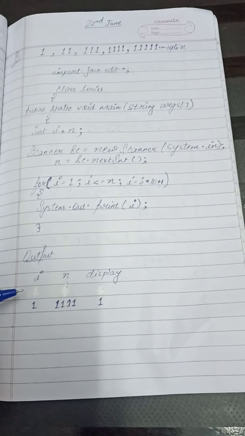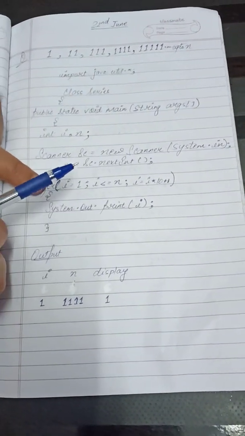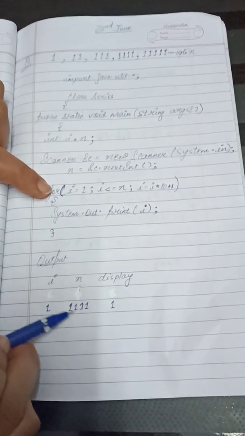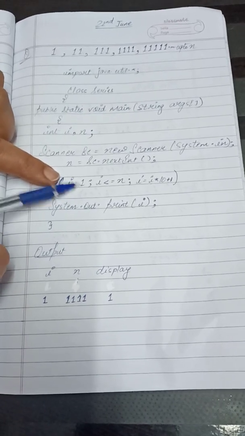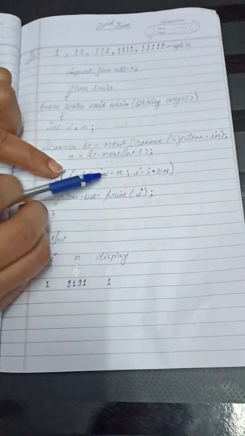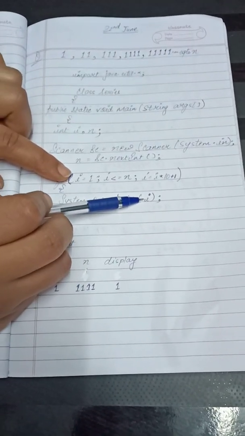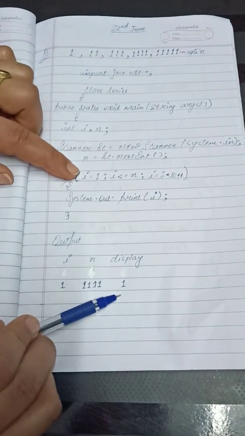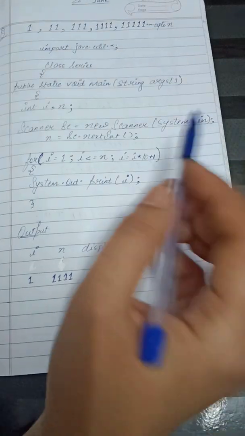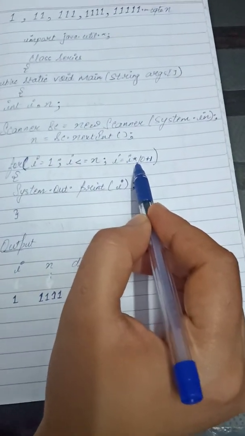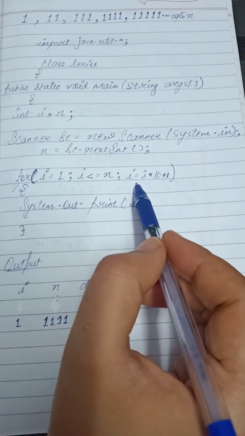So what will happen in this program? First the value of I is 1. It will check; I have inputted n as 1111. Now value of I is 1. It will check 1 is less than or equal to 1111, condition is true, so it will print here I. The value of I is 1, so it will print 1. Now it will go to the updation part. Now I is 1, 1 into 10 is 10, 10 plus 1 is 11. Now the value of I has become 11.